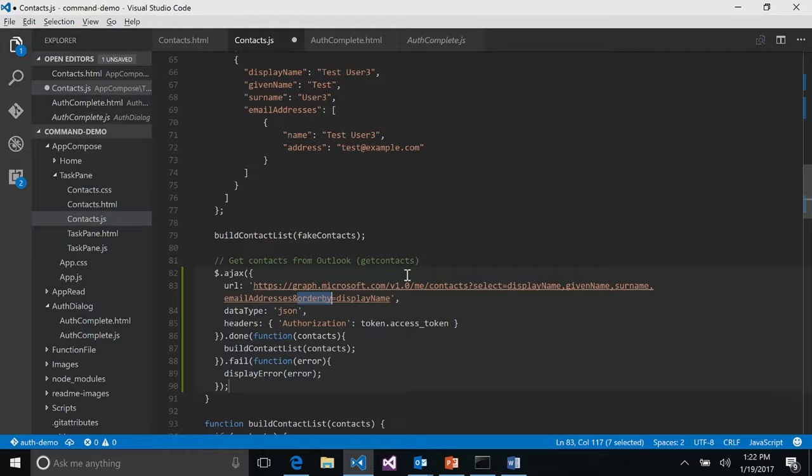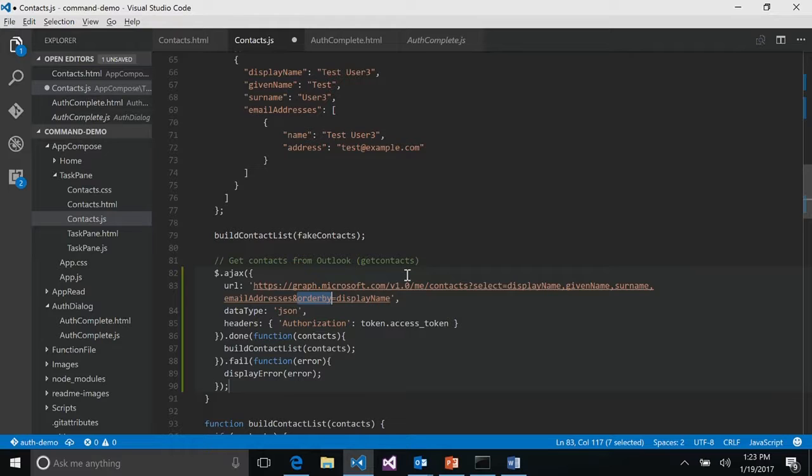Okay, so any JavaScript developers out there? Anyone? Yeah. So this should look pretty familiar, just using AJAX to call a REST endpoint. And again, this is going into the graph, right, to access my account. And it's just going to my contacts, and I'm asking for a specific set of fields, display name, given name, surname, and email addresses.